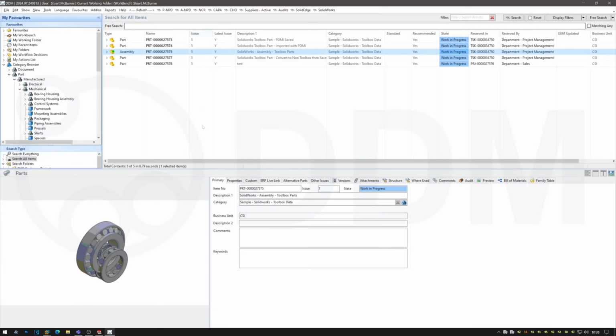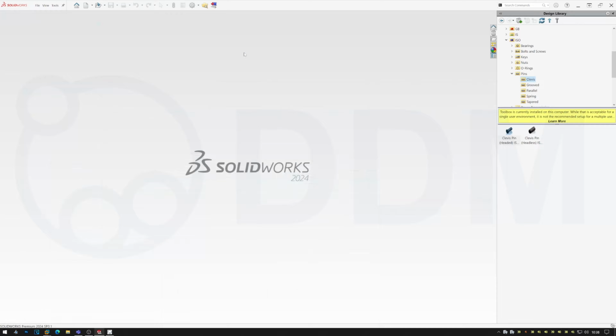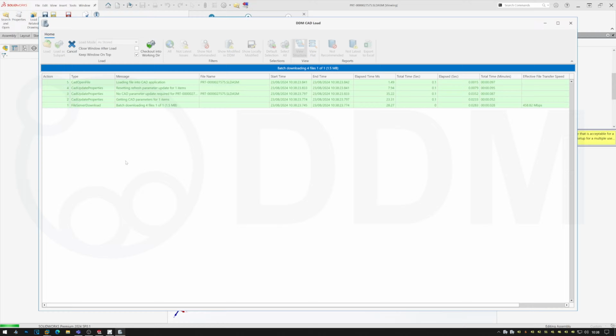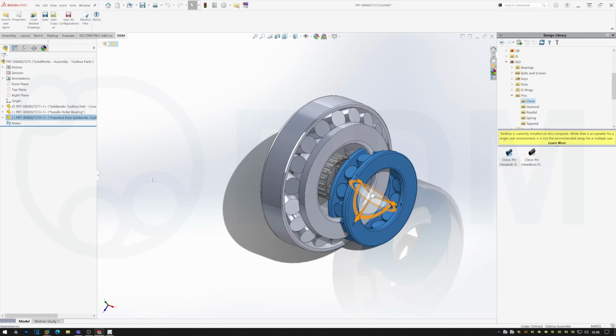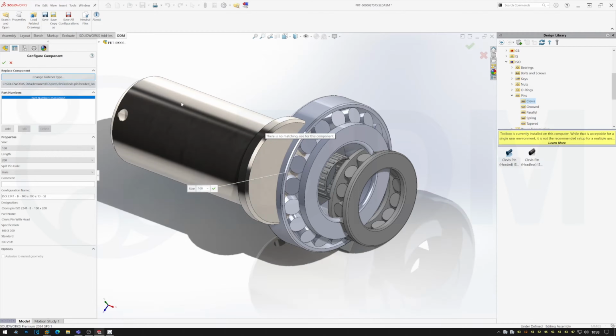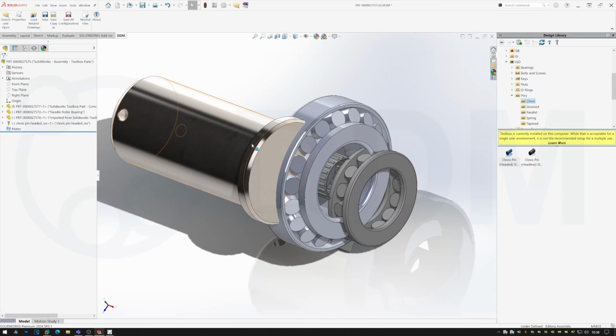If I now go back into DDM and I reload my assembly, when I load my assembly, we can see that these items are no longer recognized as toolbox items. As I said, we can't recognize files that were in your database before this upgrade. But if a user now adds another toolbox item, so I'm going to bring in this clevis pin, size 100, I've added this to my assembly. If I save my assembly now,